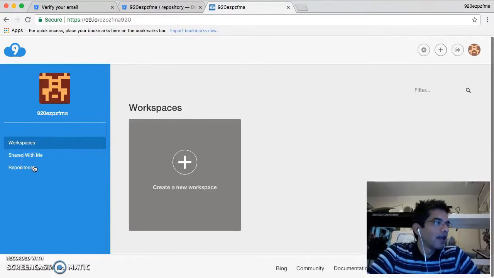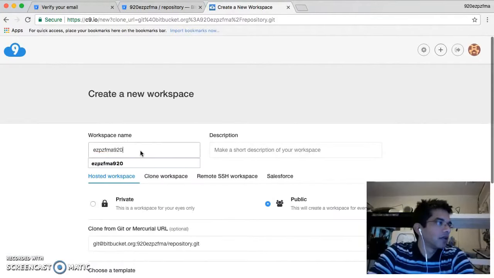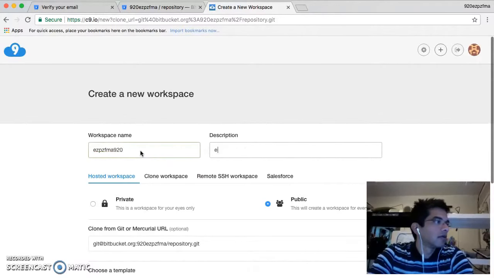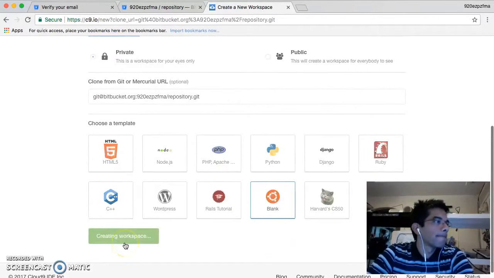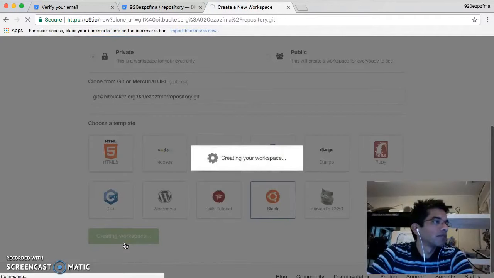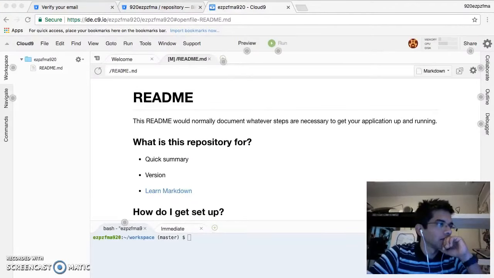Since they're linked together, we can click on repositories. Sweet. Let's clone to edit. I'm going to do a private workspace, and let's make it black. This is from